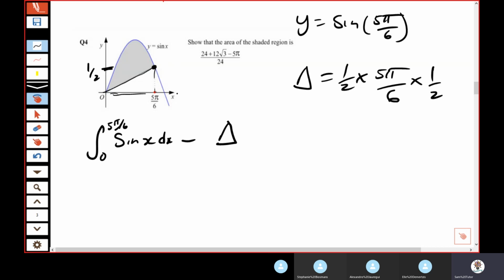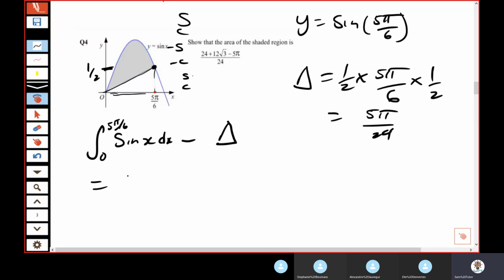I hope by now you've learned: you see a number, you've got a curve, sub it in. That's just kind of how it's been. We really haven't done much more than that. The area is 5 pi on 24, and that should make you happy because there's your 5 pi on 24. So then you integrate this bit, integral of sine